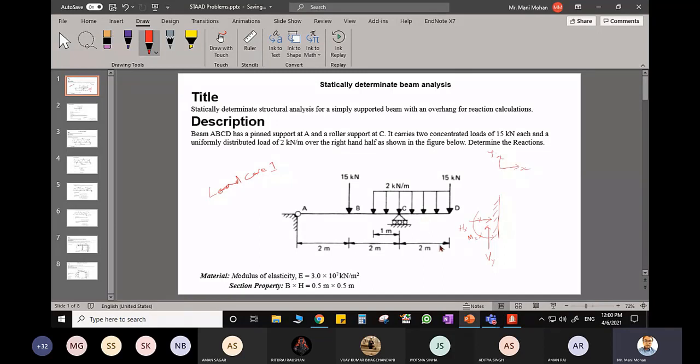Now in the same beam problem, what someone does, instead of the 15 kilonewton load, they apply this load somewhere over here and say that this is a 30 kilonewton load at some distance, say 1 meter. And instead of the 2 kilonewton per meter load, they say that it is something like 3 kilonewton per meter load. So in the same beam you can see a different load is acting. So I can say that is my load case 2.